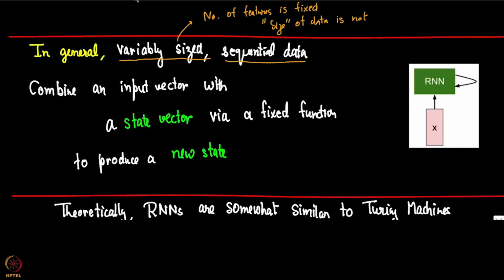Same as most ANNs, which is you combine an input vector, okay, you get an input vector and you get an output vector, except in this case you have a slightly different architecture. It works like this. You will see this in the pictures that I have drawn so far. You have one input vector here, you have an output vector, a hidden vector here, and we will have another hidden vector here.